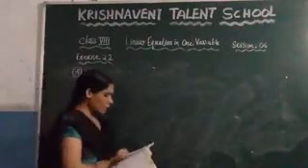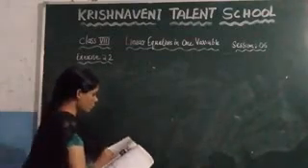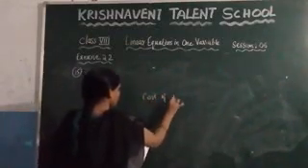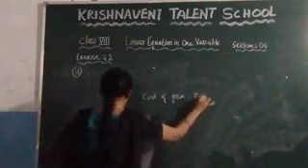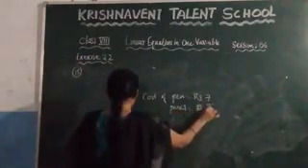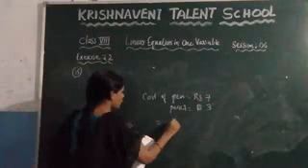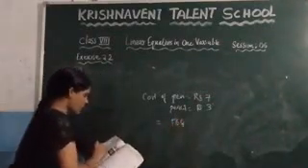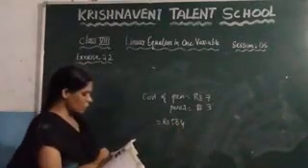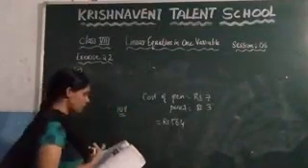What they have given: a person spent 564 rupees in buying pens and pencils. The cost of each pen is 7 rupees, and the cost of each pencil is 3 rupees. The total amount spent for the pens and the pencils is given as 564 rupees. After that, they have given that the total number of things bought was 108. How many of each type did he buy?